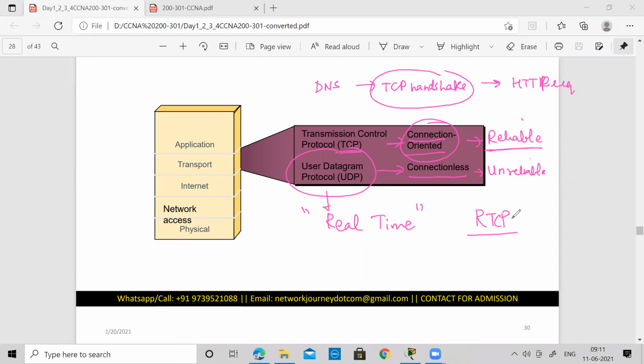Let's say you're watching something from YouTube. Those particular videos which are there on YouTube are being stored on some servers. That cannot be said to be a real-time service. Anything which is in the stored manner and you are transferring from one point to another is not considered real time.